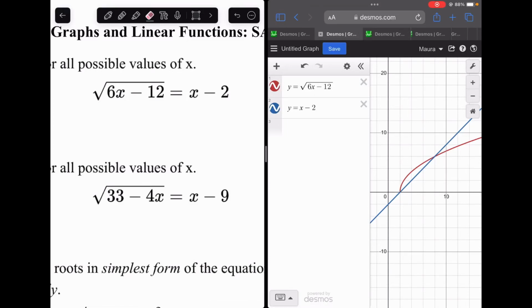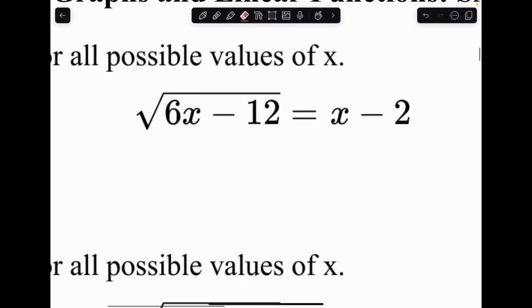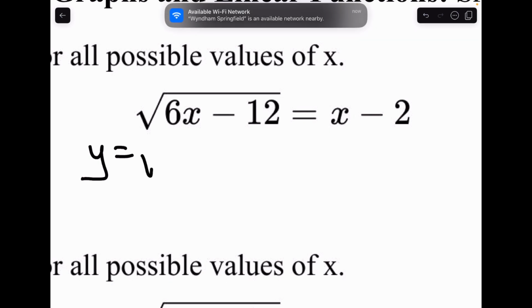Hi Math 3 students! Today we are going to go over how we can use Desmos to solve equations and systems of equations. So first off, you can make any equation into a system of equations by setting each side equal to y. This is when you have one variable, one equation, and you're trying to use Desmos to solve it, okay? So if you take the left-hand side of the equation, y equals the square root of 6x minus 12,